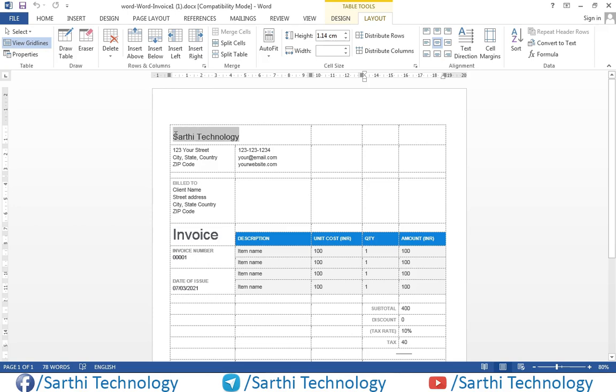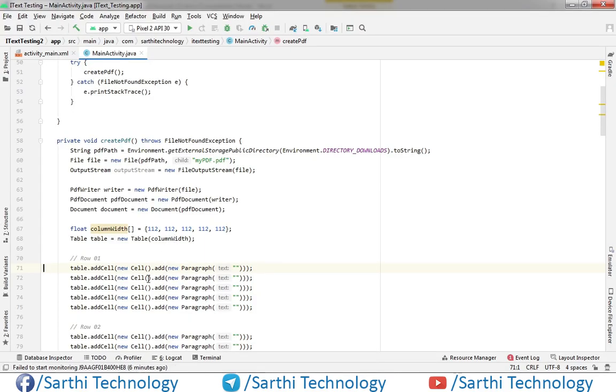So copy this text, paste it, and add one column span, so row 1 column 2. And make this a comment because this is merged with this.